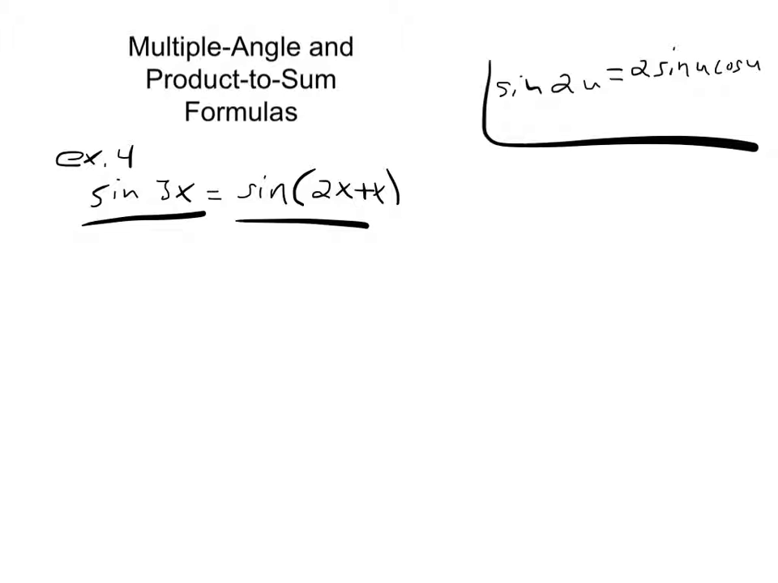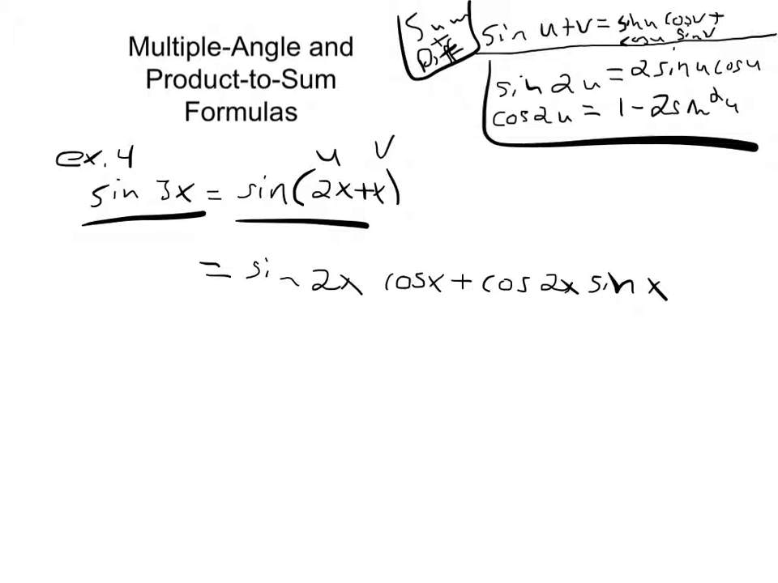So I have sine of 2x cosine x plus cosine 2x sine of x. So I use the sum of sine formula to go from this line down to this line. And now I'm going to use the